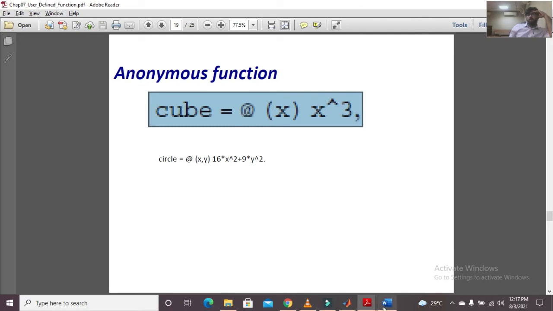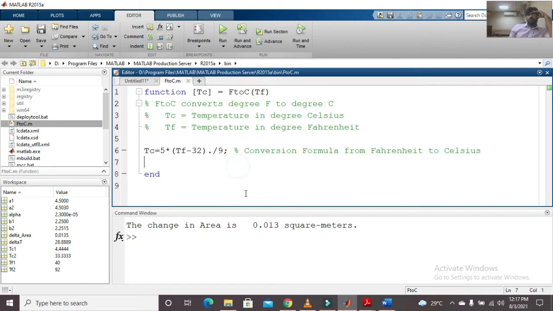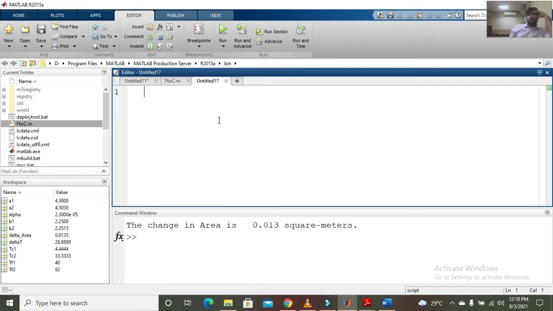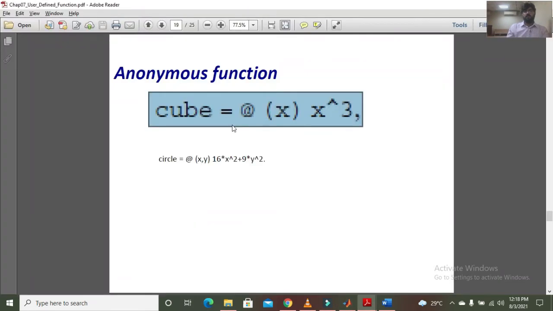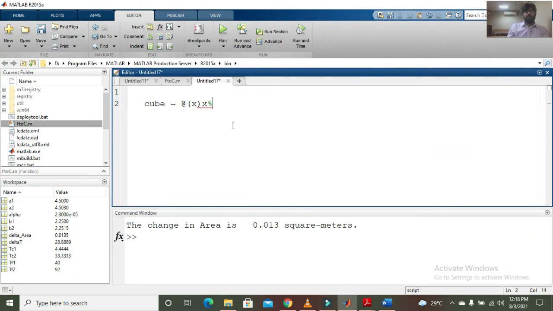So what you are going to do is define the name cube, @x, and then x to the power 3.